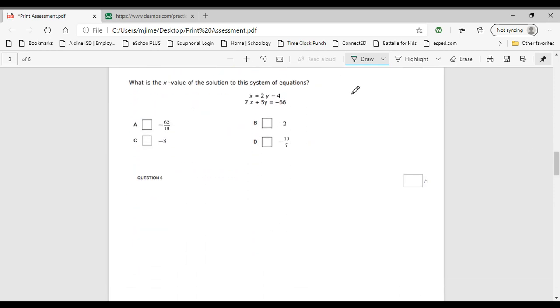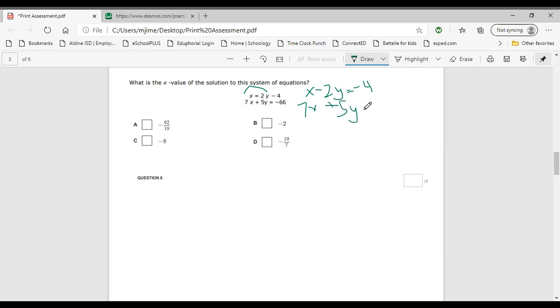All right, to do this one, you want to move this back over, and you want to put it in the same spot that it should be with the y's, which is after the x. Anytime you move things, you always change the sign. All right, and it wants you to solve for x, which means you need to eliminate the y. All right, 7x plus 5